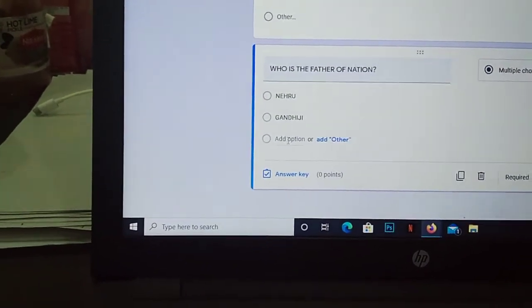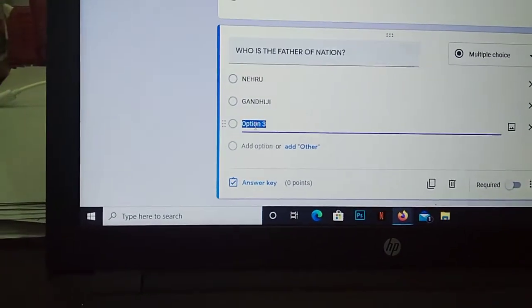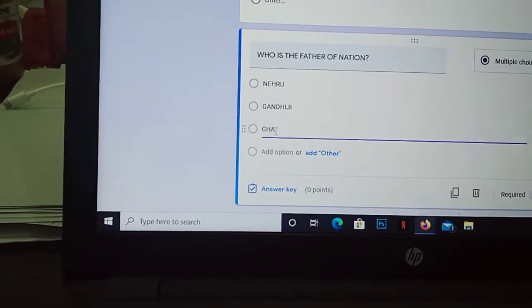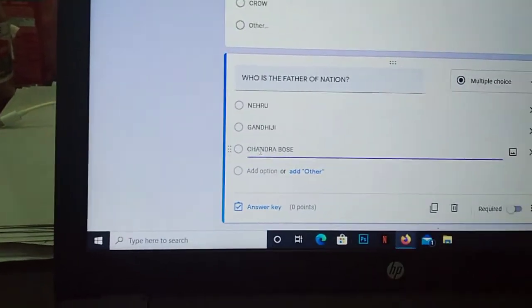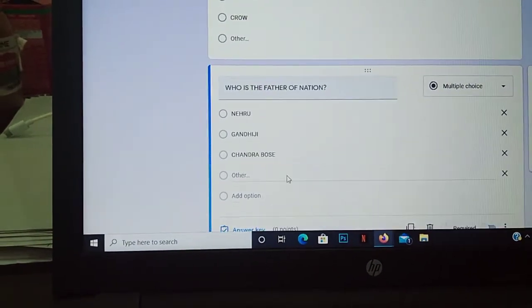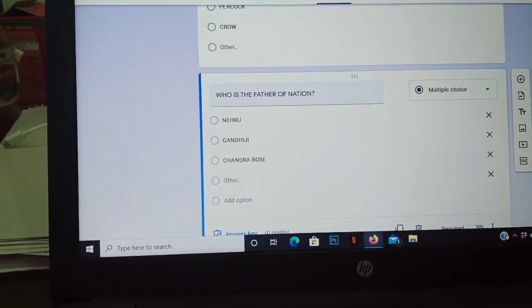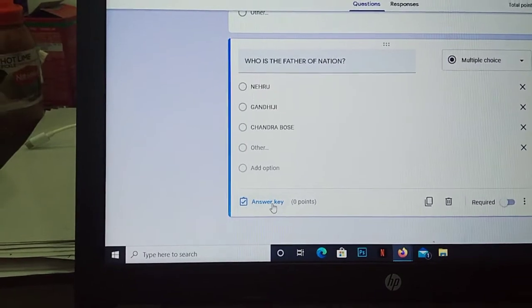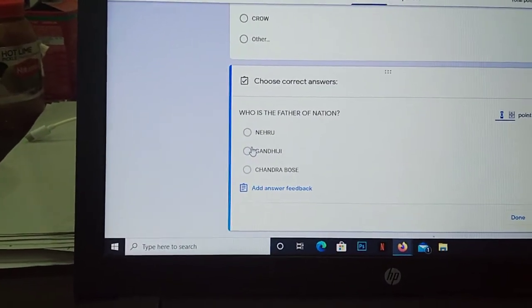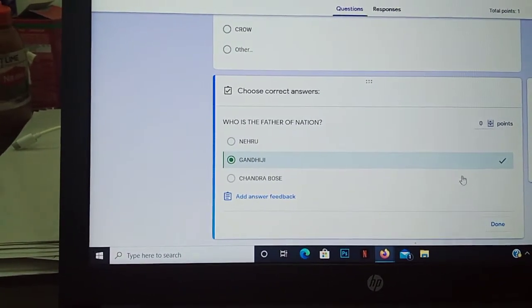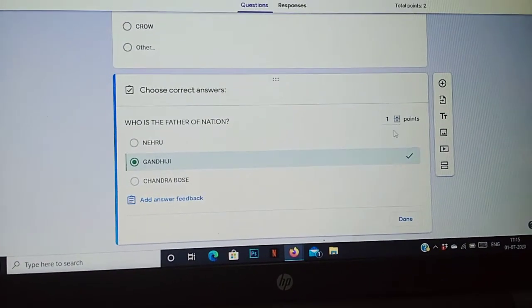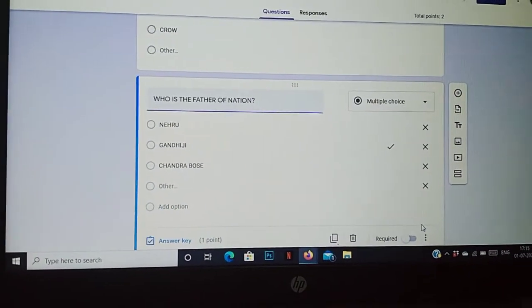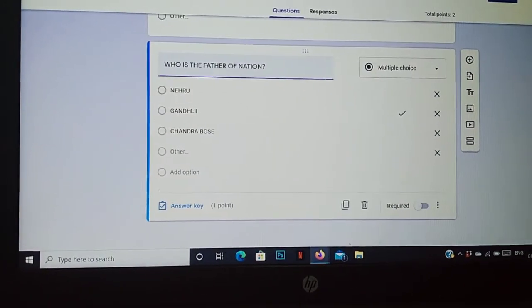Yes, and then you can type any other options. And if you want to add other options, yes, you can. And answer key, select your correct answer, and give the points for the question. 1, done. So this way you have to add questions.